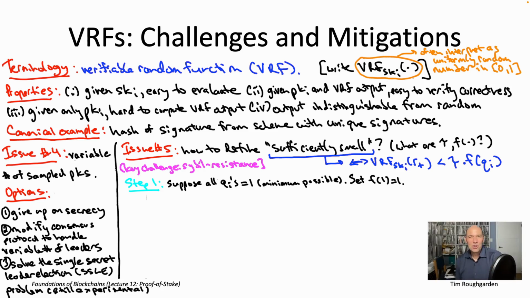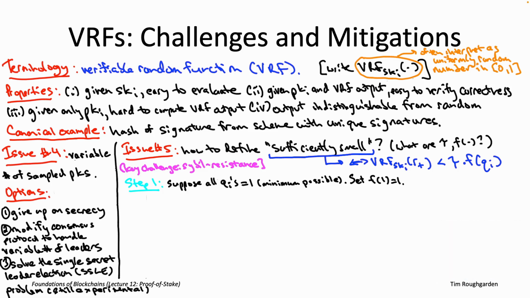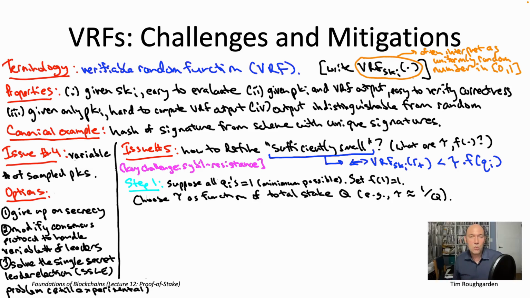Now, the probability of selection is presumably going to depend on how many public keys are registered in the contract, right? If we have 100 public keys in the contract, all with stake amount 1, well, then maybe tau should be something like 1 over 100. 1% chance that each person gets sampled. There's 100 of them, so that gives us an expected value of one public key being sampled. If there's 1,000 public keys in the contract, then presumably we want tau to be smaller, maybe something like 1 over 1,000, so that we again have in expectation one public key getting sampled. So as a first cut, tau equal to 1 over the total stake amount, targeting an expectation of 1 sample.